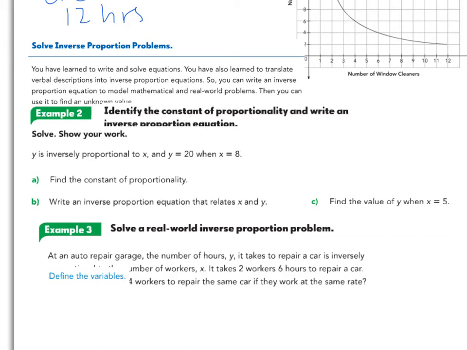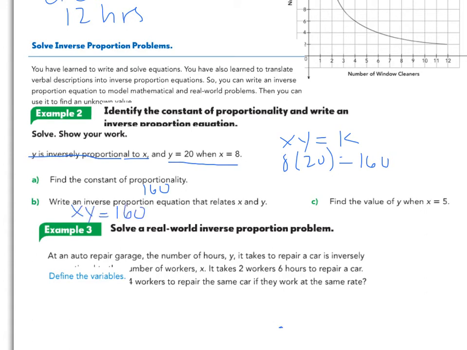So, y is inversely proportional to x. Okay, so again, x times y equals k. So, y is 20, x is 8, so you're going to do 8 times 20, and that gives you 160. So your constant proportionality is 160. And then for your equation, either xy equals 160, or you can use the other equation, which is